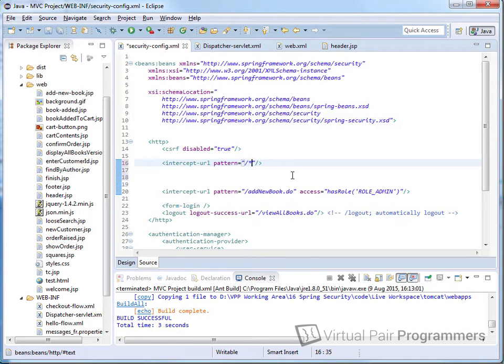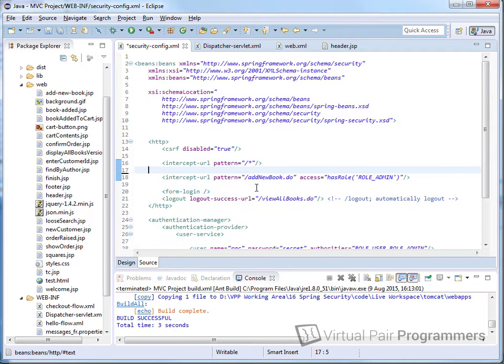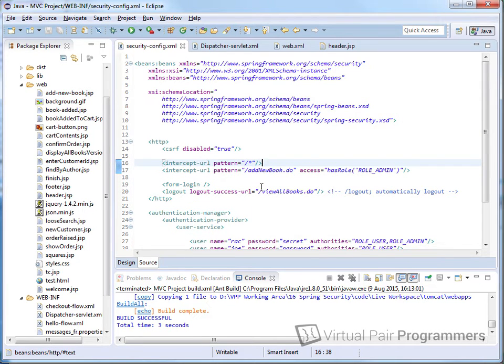Alternatively, you can use a single star, but that means only intercept URL patterns at this folder level. So in this example, the pattern of page.html would be intercepted, but the pattern where the page appears to be in a folder, that would not be intercepted. So for the example that we're aiming for, I want all pages on this site to be only accessible to people who are logged in as users. So we definitely need the double asterisk pattern. And the access for this is going to be where they have the role of